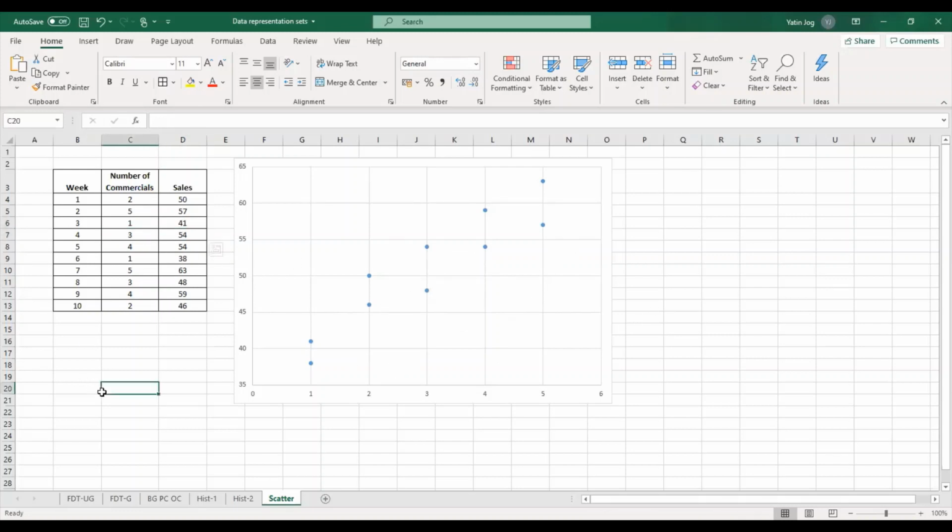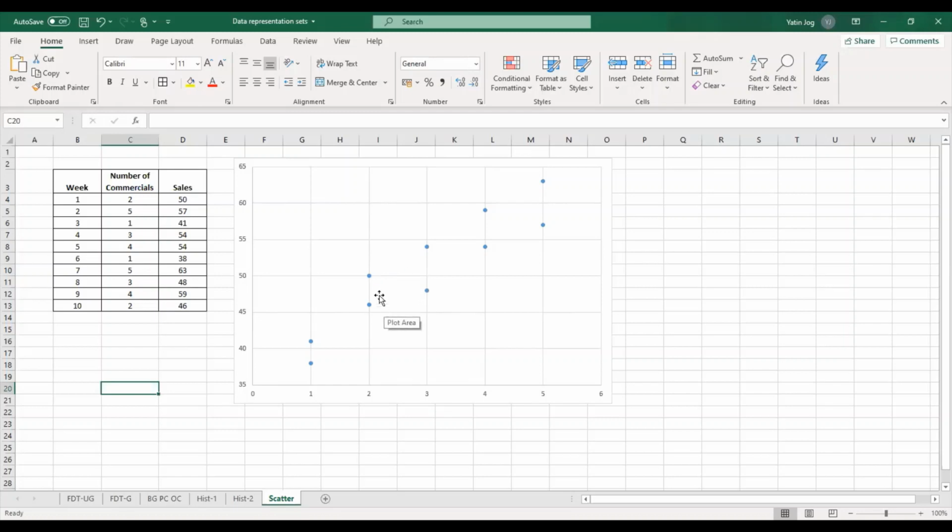Now from all the data points and looking at the scatter diagram, you can see there is an upward trend. That means if I increase number of commercials, my product sell is going to increase. Right now I am seeing upward trend. This is called a positive relationship. When I increase X, if Y is also increasing, that means there is a positive relationship. With increase in X, if Y is decreasing, that means downward trend, then I call it a negative relationship. We'll cover in more detail about correlation in session number 4 and 5.